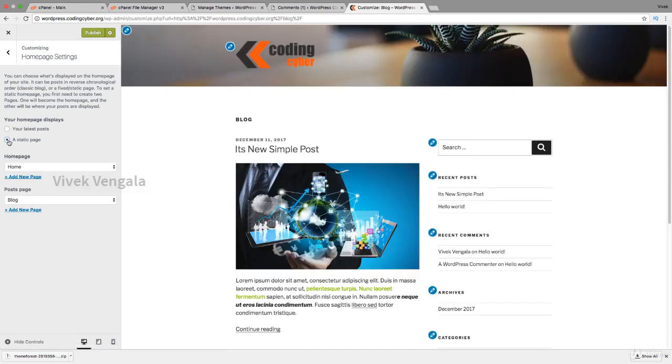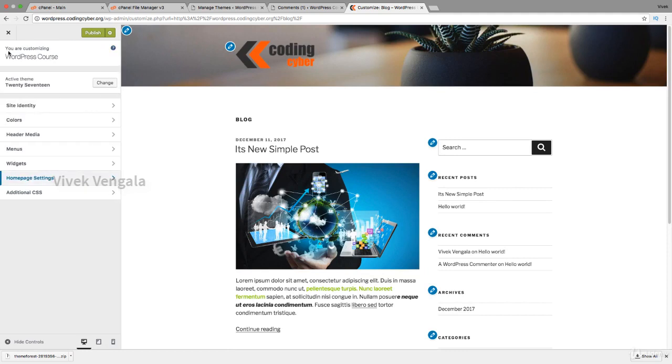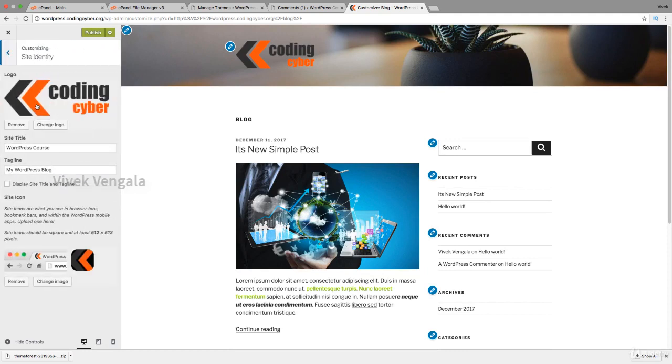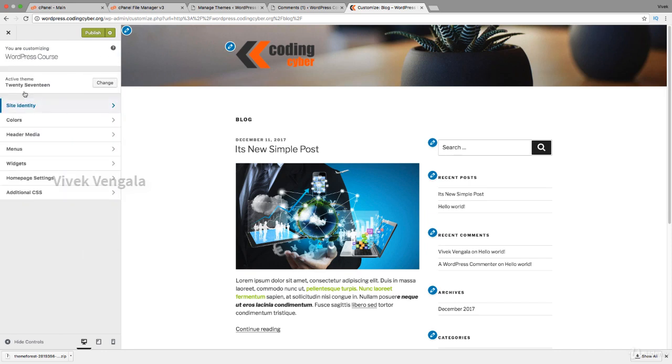I'm going with this static page, and here I made some changes. That's in site identity, applying a logo, hiding this site title and tagline, and also adding an icon, that is favicon. I'll publish these changes. These changes are published. If I close this customizer,